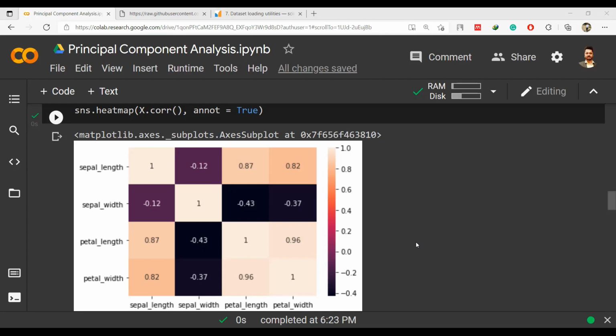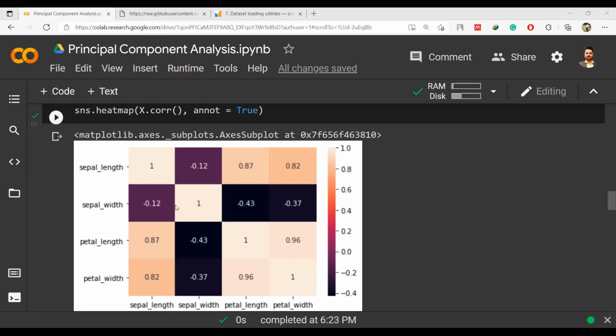So this is clear from this correlation map, that there is a need of PCA. We need to reduce the number of features in this case, because there is high similarity between 2 or 3 features, and maybe we can compress these 4 features into 2. That's why PCA has to be used, right?